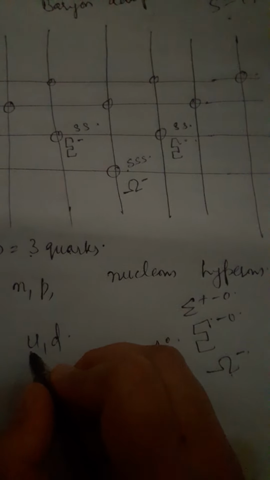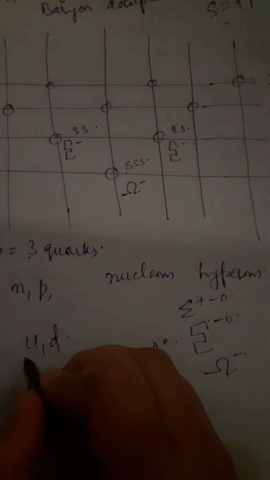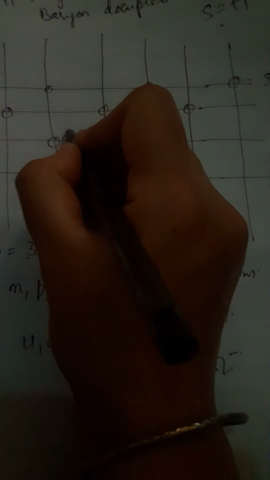Next are 2 positions, and we know that these are in 2 charges, minus and naught. So this will be xi particle minus and xi particle naught. So this will help us. S equal to minus 2. This means that already 2 S quarks are present in both. Now you need to choose between U and D. As I've already told you in the previous lecture, we give U and D quarks. Of course, D will be given first and U will be given later. I've already told you the reason why, right?